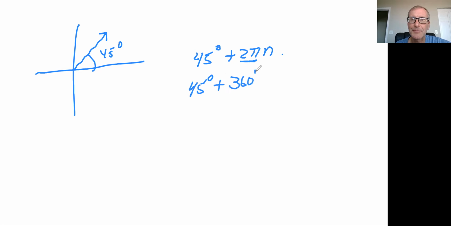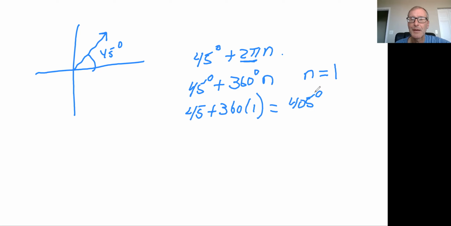360 degrees times n, right? Because these two are synonymous with one another. So what do you do with the first one? Well, you calculate the first positive one, n equals 1. So that would be 45 plus 360 times 1, and so that would be 405 degrees. A good check would be to take this angle and this angle and subtract the two,